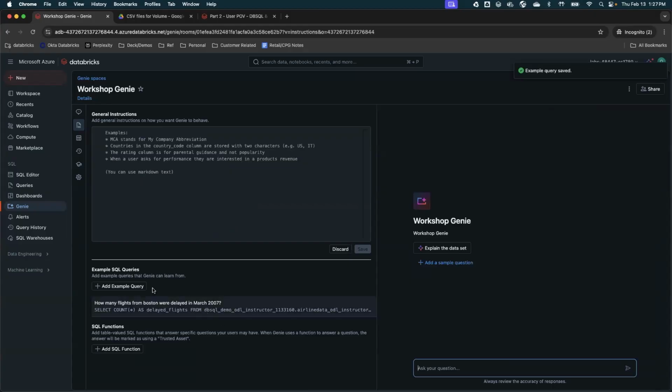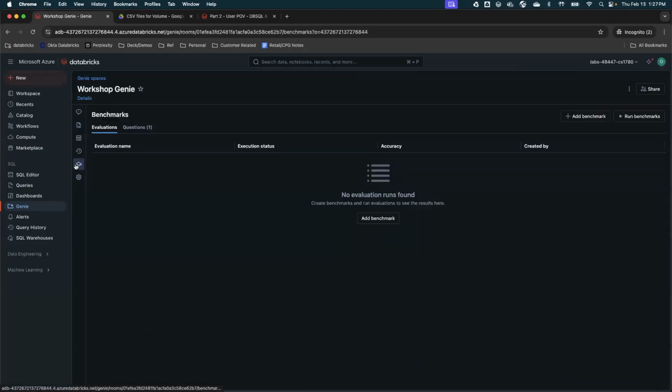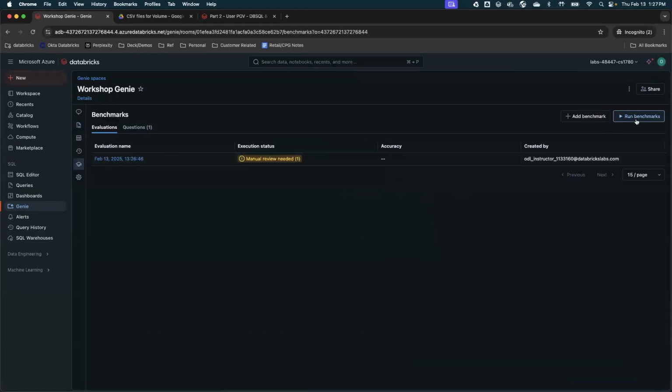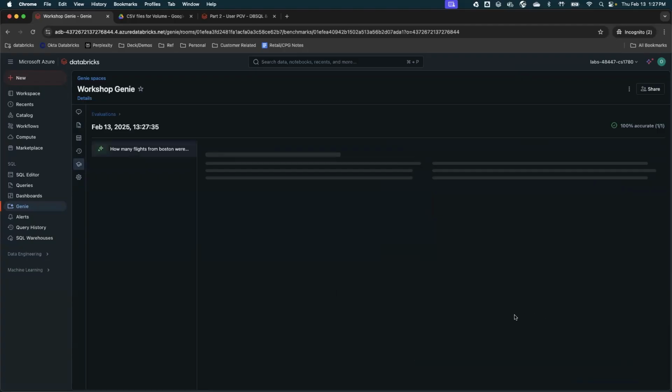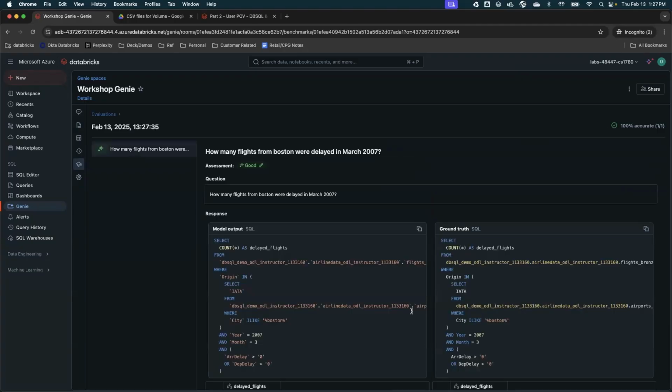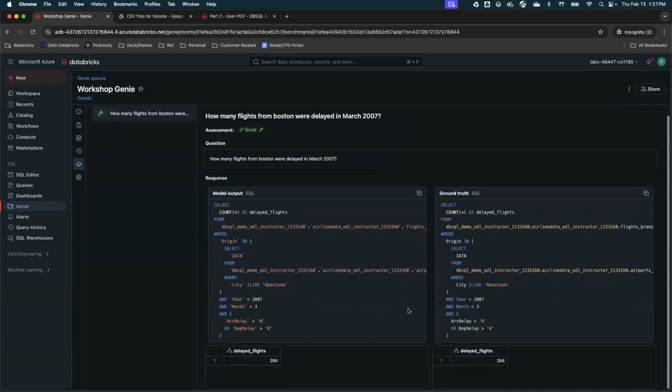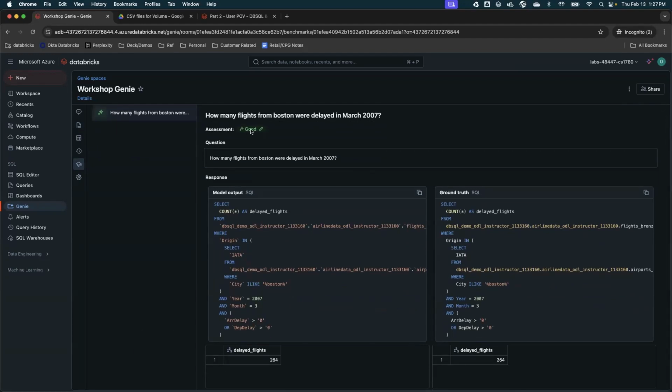So this will show my example query. I can go to benchmark. Here I can try to run the benchmark again, and let's see how Genie will perform. Right. So with the example query, I was able to guide Genie on how it should respond to a specific question. My assessment is good.